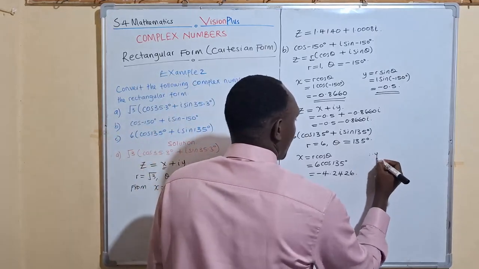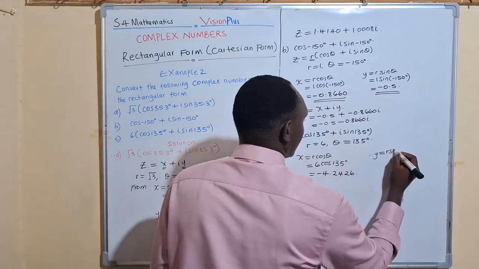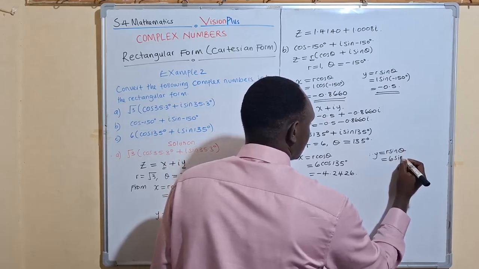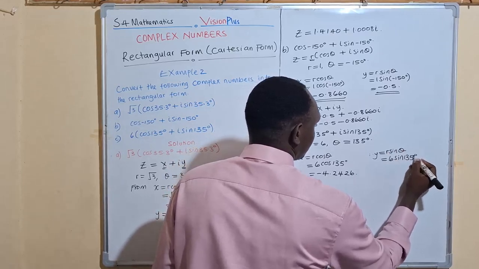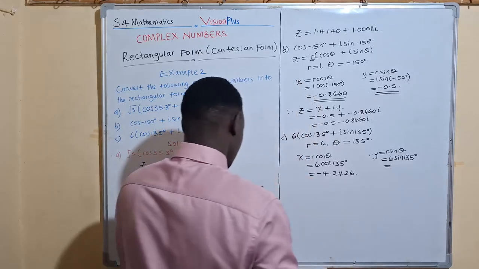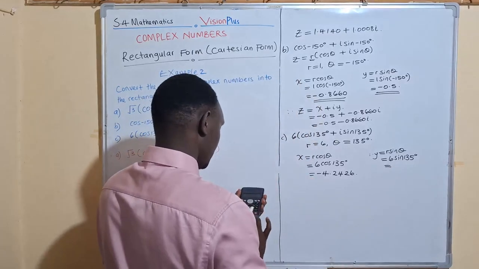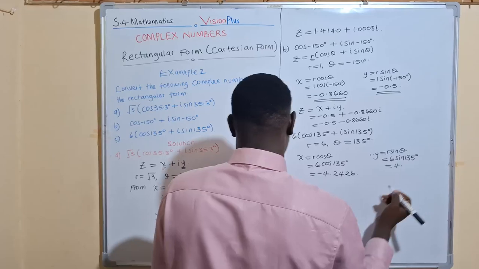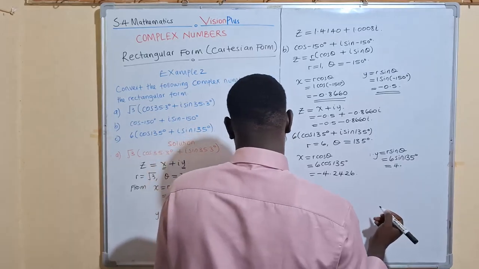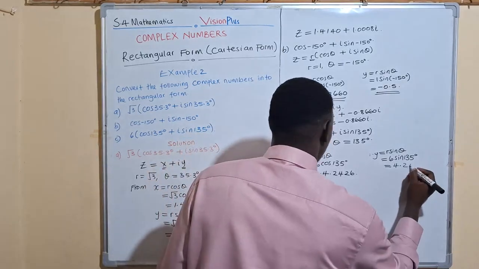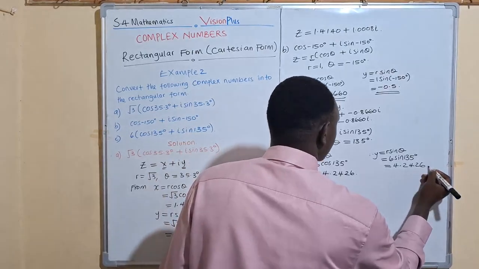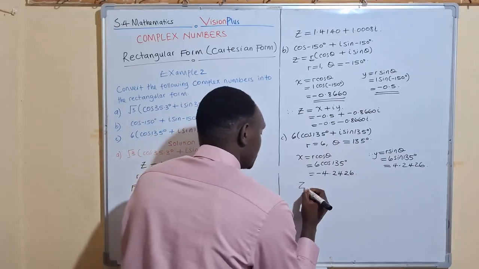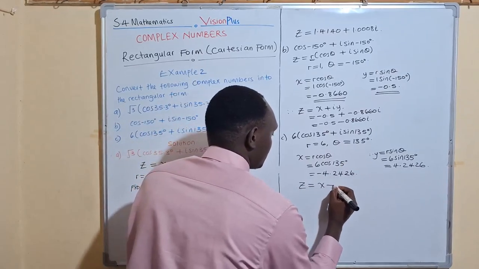And we also know that y is given by r sine of theta. This implies that we shall have 6 sine 135 degrees. And then we press the calculator. 6 sine of 135. I'm getting 4.2426. So after getting x and y, in the rectangular form, which is given by z as x plus iy,